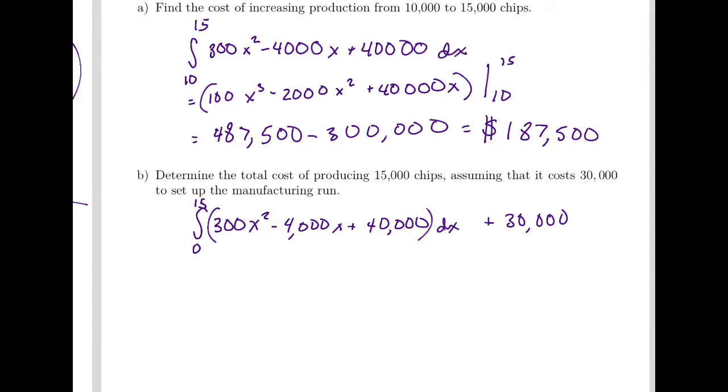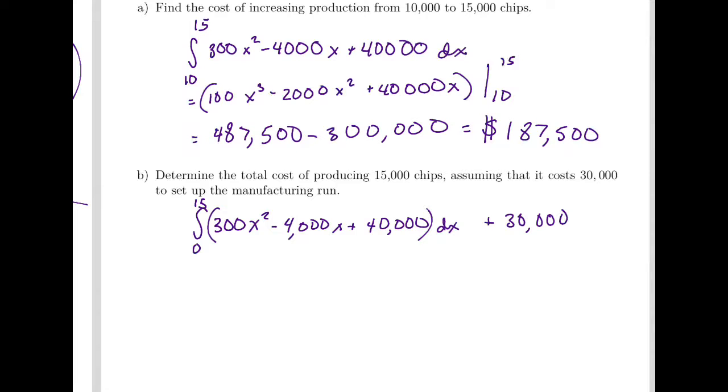You just want to add that 30,000 because this is going to give us the total change in cost from 0 to 15. But it's not going to include that initial cost. So you need to include that initial cost yourself. So going back,